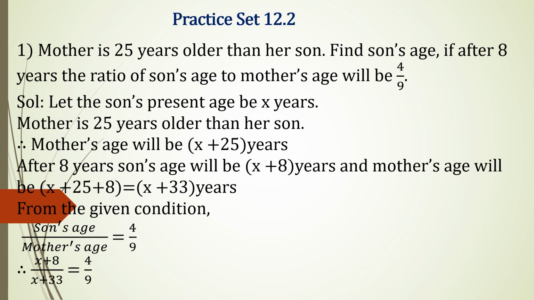Now students, you have to solve this mathematical statement, that is, the equation, which we'll solve in the same method as we have done in our previous practice set 12.1. We have solved equations over there. In the same way, we'll solve this equation. So we'll cross multiply. We'll get 9 into x plus 8 equal to 4 into x plus 33. So let's open the bracket. You'll get 9x plus 9 eights are 72 equal to 4x plus 4 into 33,